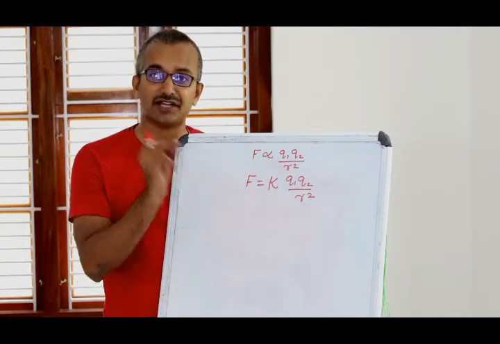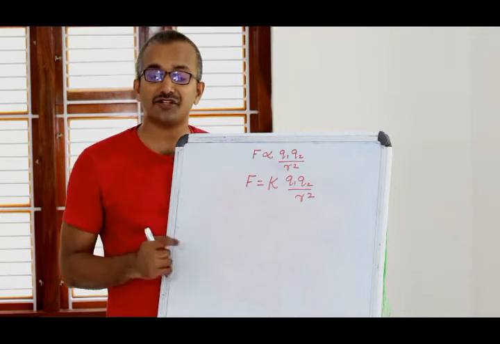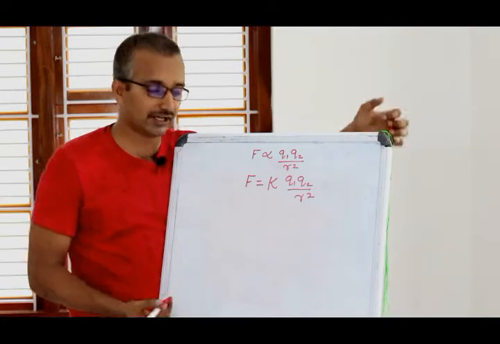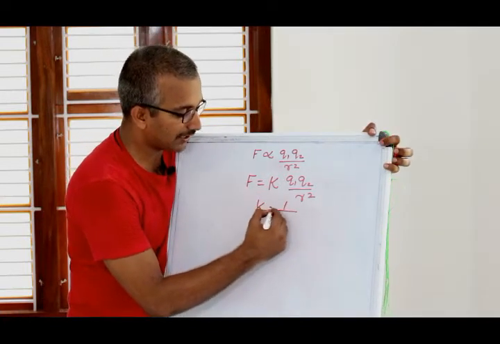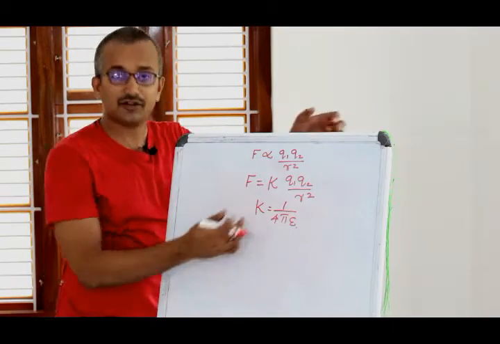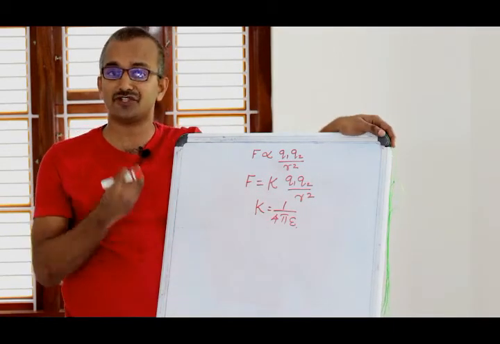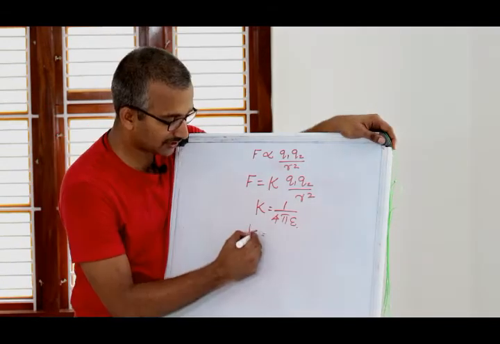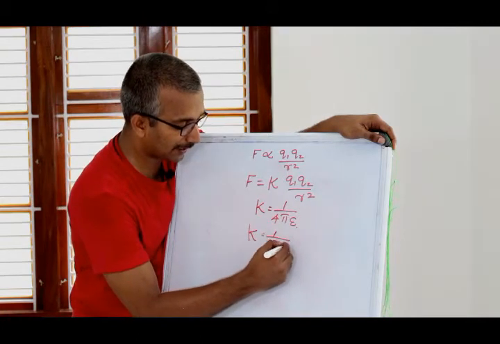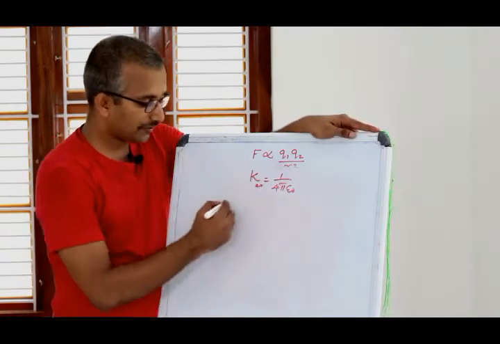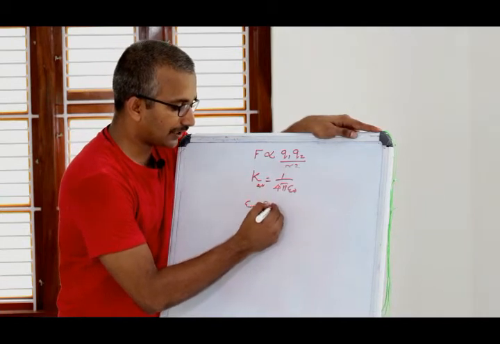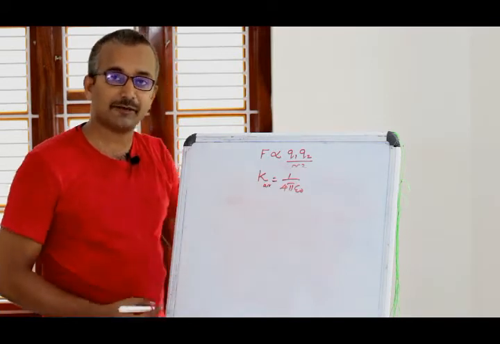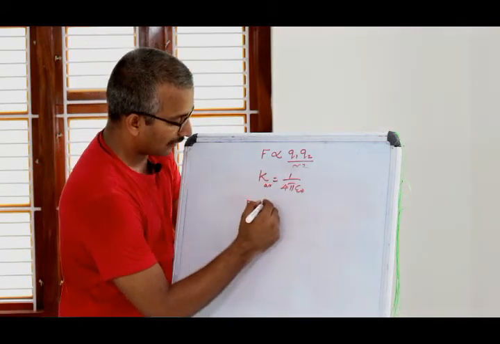the medium in which you are placing the charges and the system of units which you are adopting for measurements. By doing experiments, we get the value of K as K is equal to 1 by 4 pi epsilon. This epsilon is the permittivity of the medium which is being used to place the charges. For free air, that is for vacuum, the constant K becomes 1 by 4 pi epsilon 0, where the value of epsilon 0 is equal to 8.854 farad per meter. Hence, in free space, Coulomb's law can be written as F is equal to 1 by